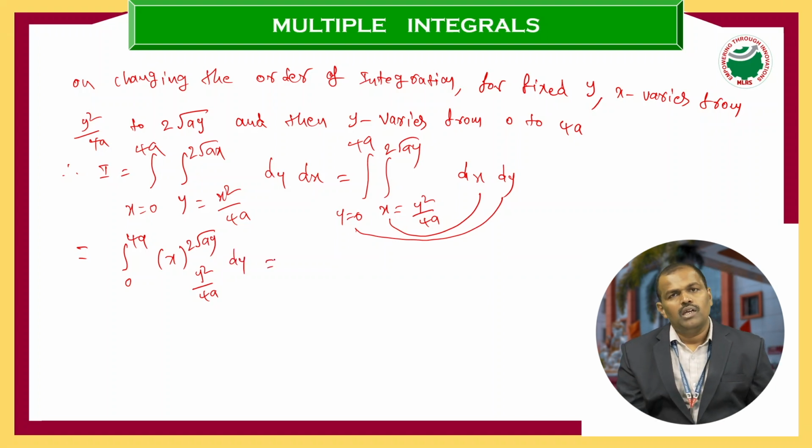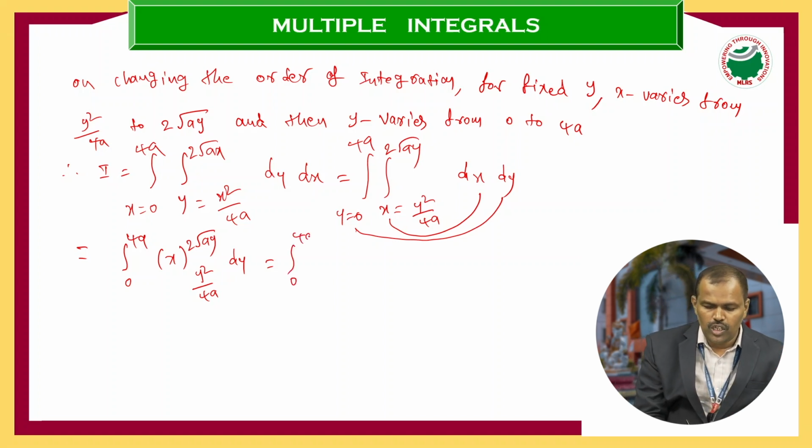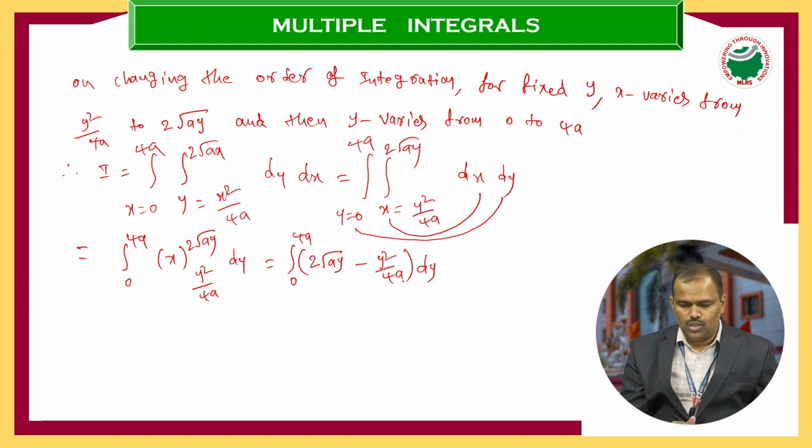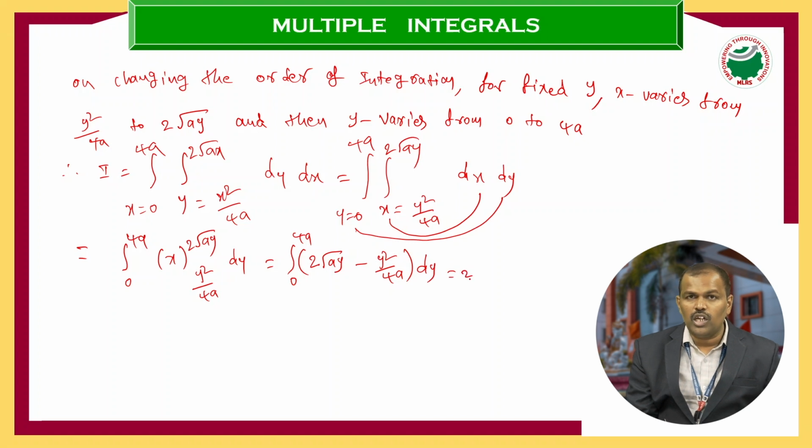Now we have to apply limits, that means upper limit minus lower limit. Integral 0 to 4a, upper limit, in place of x what do I have to substitute? 2 root ay minus y square by 4a, upper minus lower limits, into dy. Now we have to split the terms. So 2 root ay, how to write? Root a into root y. 2 root a is constant, integral 0 to 4a root y dy, minus, here also 1 by 4a is constant, integral 0 to 4a